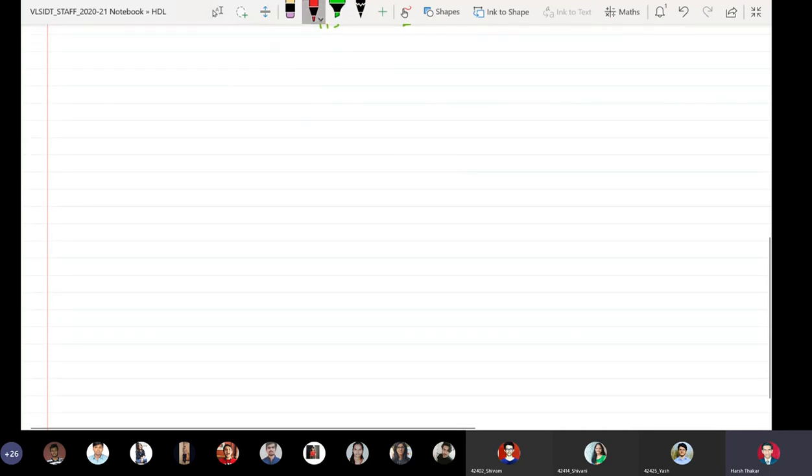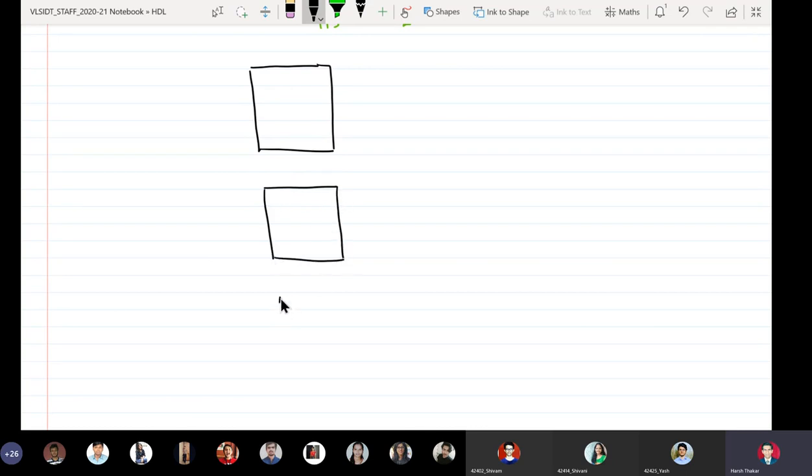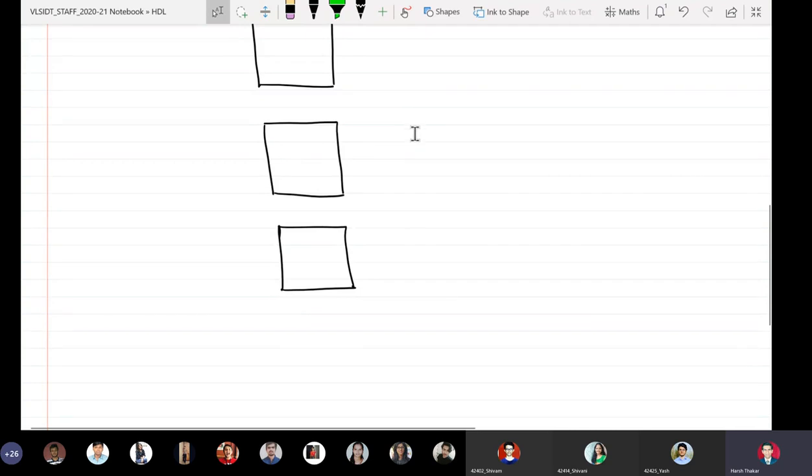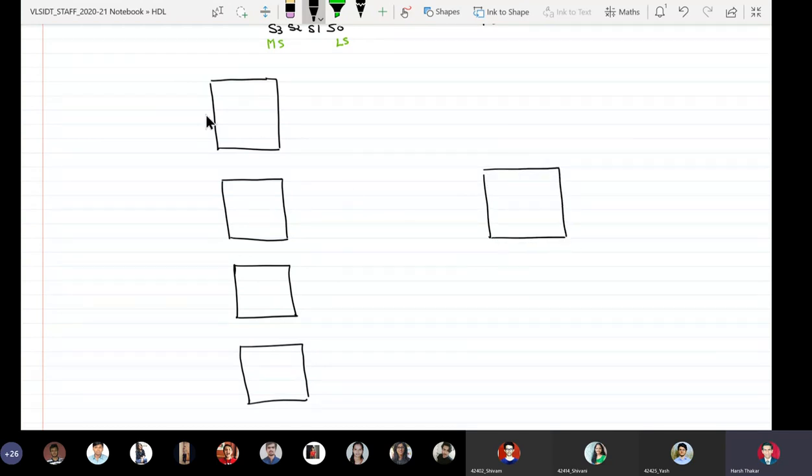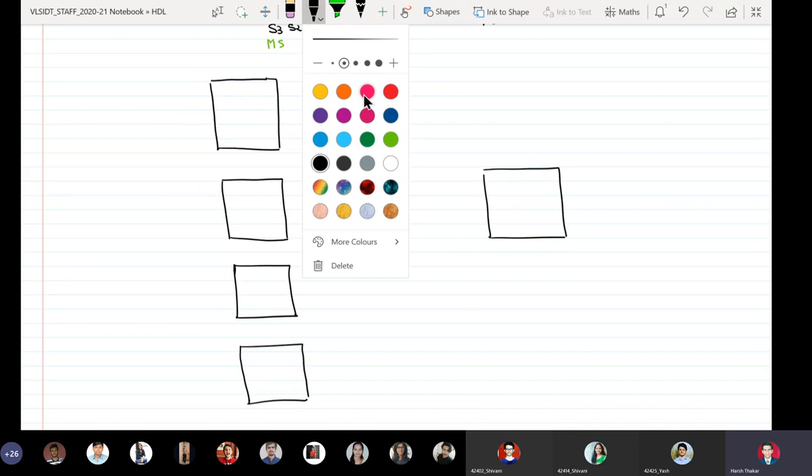So as you know, we have to use 5 multiplexers. First we'll make the boundary.